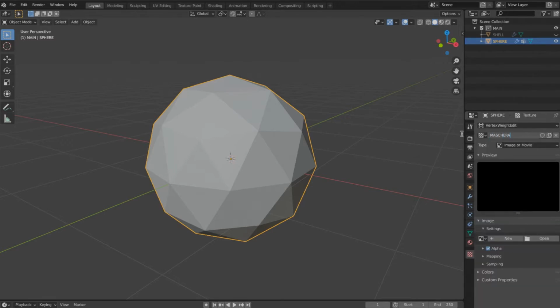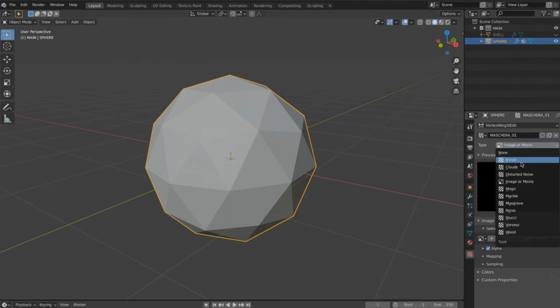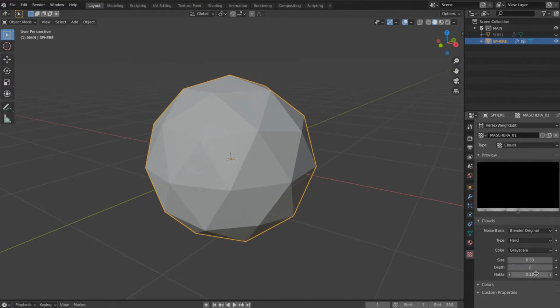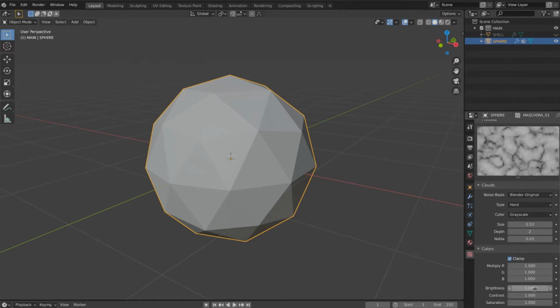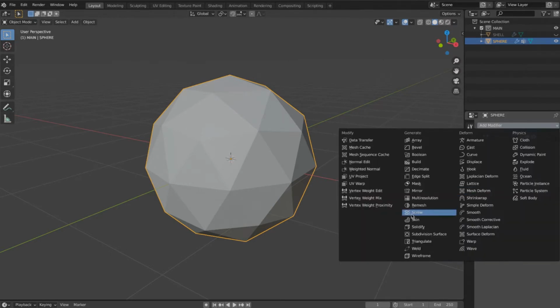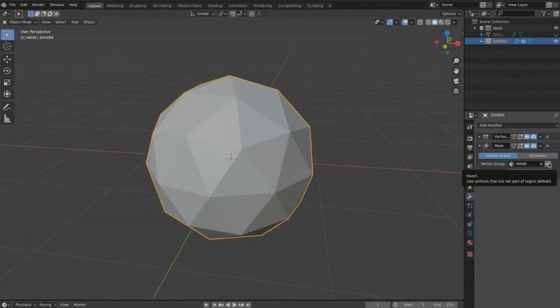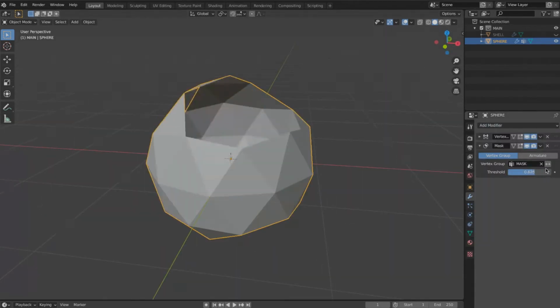This mask texture will rotate, and rotating will tell our object which parts of it are going to be hidden and which are going to be visible. The next thing that we need to add is a mask modifier.